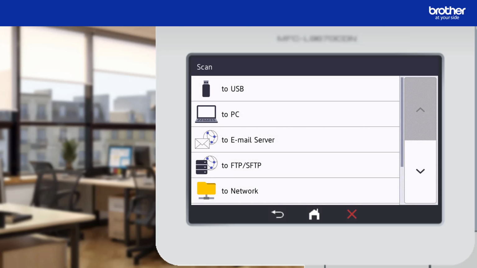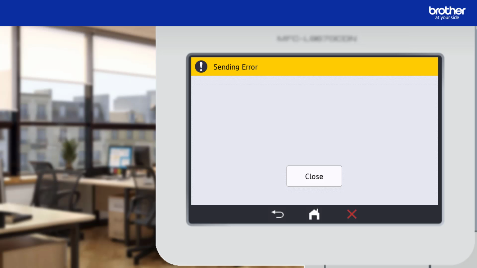If the scan was successful, the Brother device will return to this menu. If there was a problem, you will see this or a similar looking message instead. The main cause of this is due to permissions on the assigned folder your Brother device is trying to access. Most of the time, the way to correct this is to ensure that the authenticating user is recognized by both the operating system and SFTP server, and has both read and write permissions to the relevant folder.